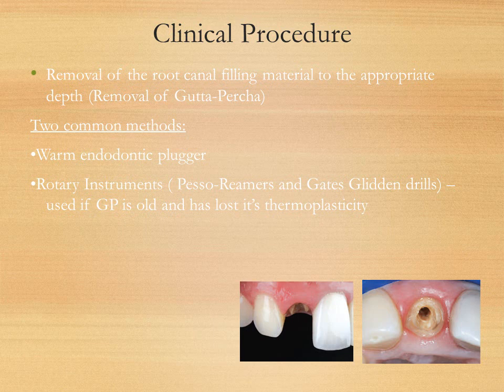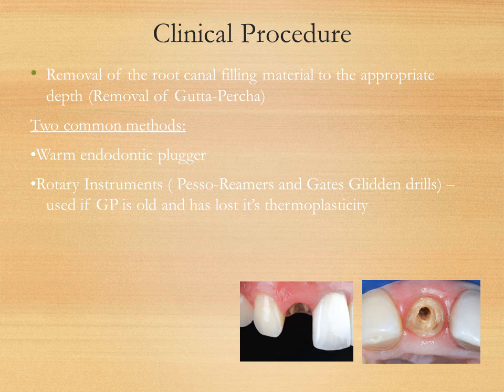The first is using a warm endodontic plugger. A plugger is a hand instrument, the primary function of which is to condense your gutta percha so that you can get a nice flat layer of GP inside the canal. You can also use these warm endodontic pluggers to remove the GP because of the heat of the plugger. GP, of course, in the presence of heat, melts and becomes fluidic and plastic,